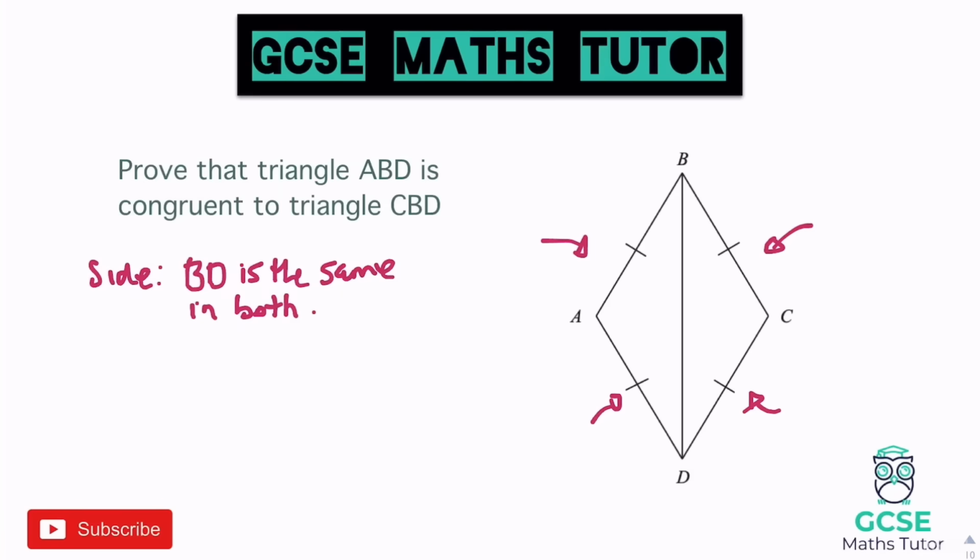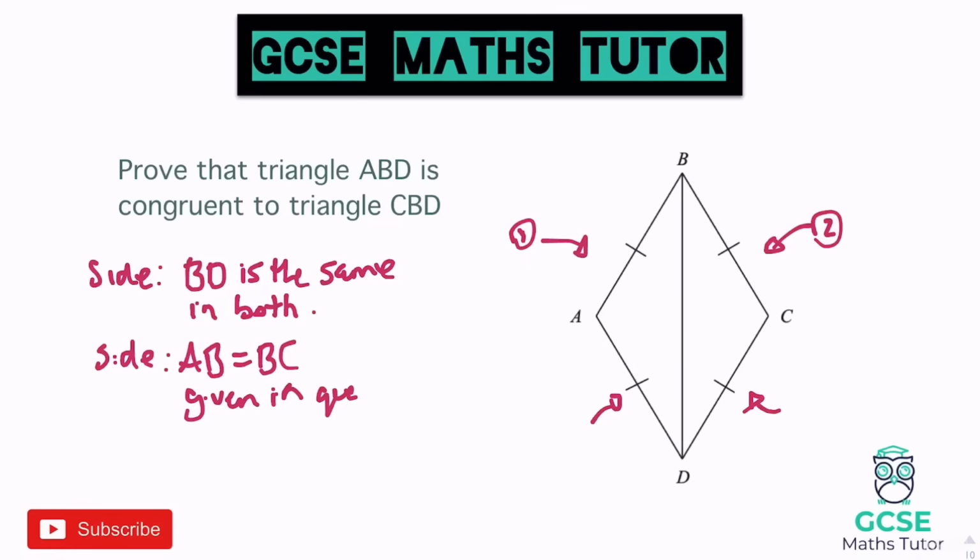We've got AB, this one here, number 1, is the same as BC, number 2. So I can do another side. So I can say that AB equals BC, and actually that's given to us in the question, so I would just have to say given in question. There we go. And actually using that same logic there, we could actually prove that these two down the bottom,